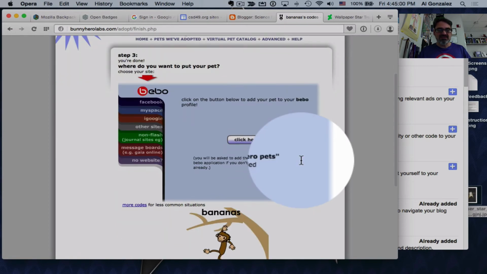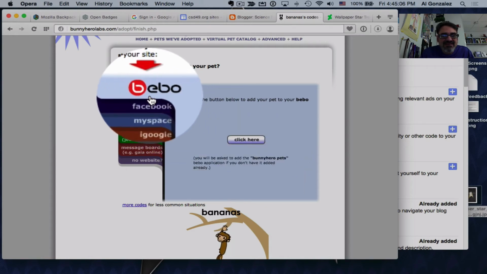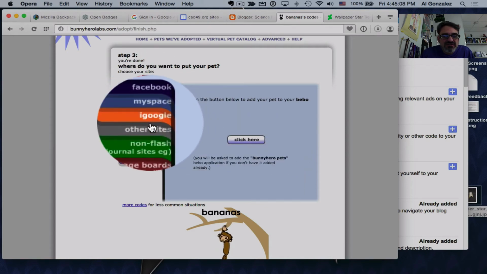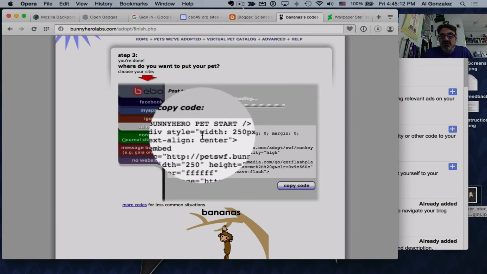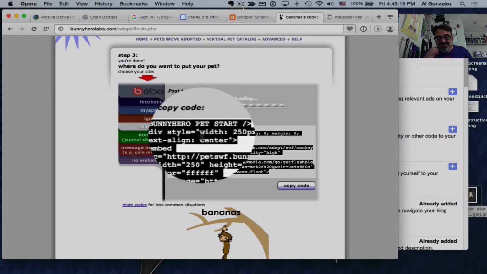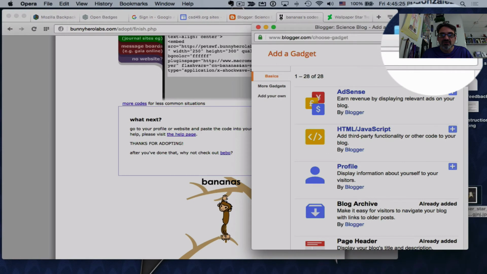Now here's the important thing. You're going to put it on a blog, so you want to pick the right thing. It's not a Bebo, it's not a Facebook. So let's do other sites, and then you're going to copy the code. So I'm going to click so it selects the whole code. You got to do this code, otherwise you're going to have a pet that doesn't move and is not interactive. So copy the code, go back here,